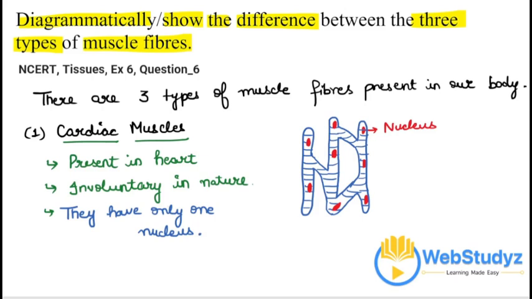Moreover, as we can see in the diagram also, they are branched. This is the branching. These muscle fibers are connected to each other, so we can say they are branched. Now, if we move to our second type of muscle fiber,